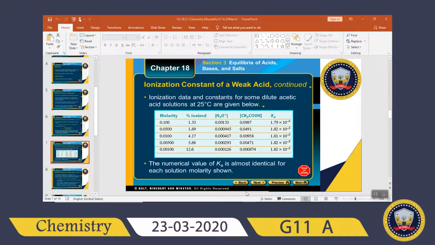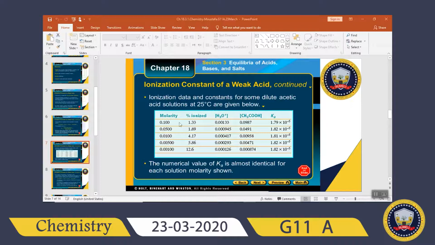And as we explained before, the ionization constant is specific at a specific temperature. So for each temperature we have a specific ionization constant. But if we change the temperature, we will have another ionization constant. As we see in this table, the ionization data and constant for some dilute acetic acid solutions at 25 Celsius